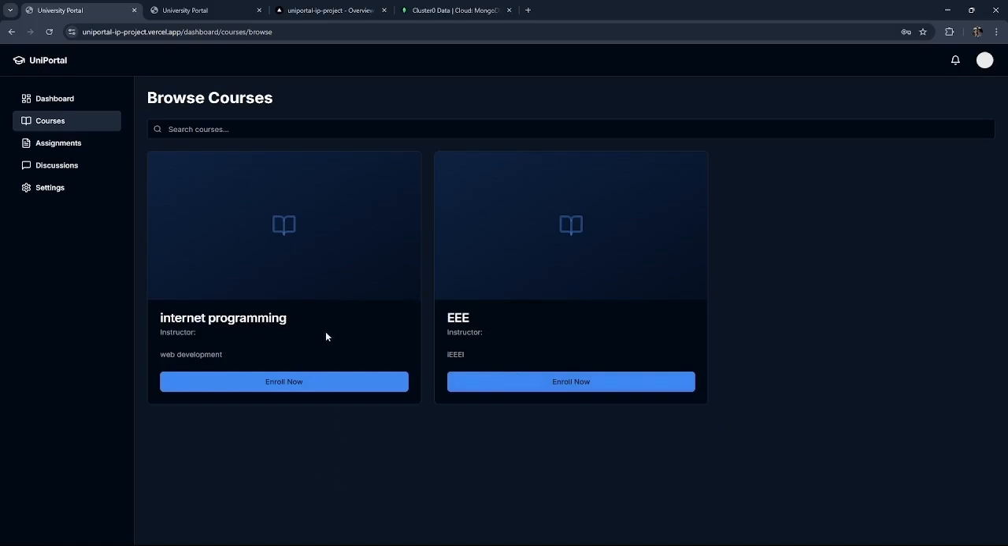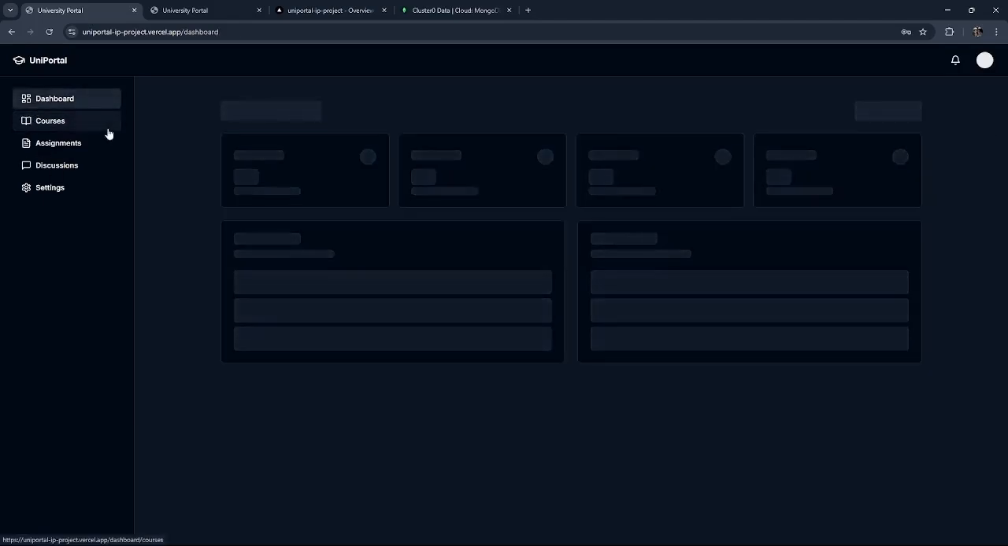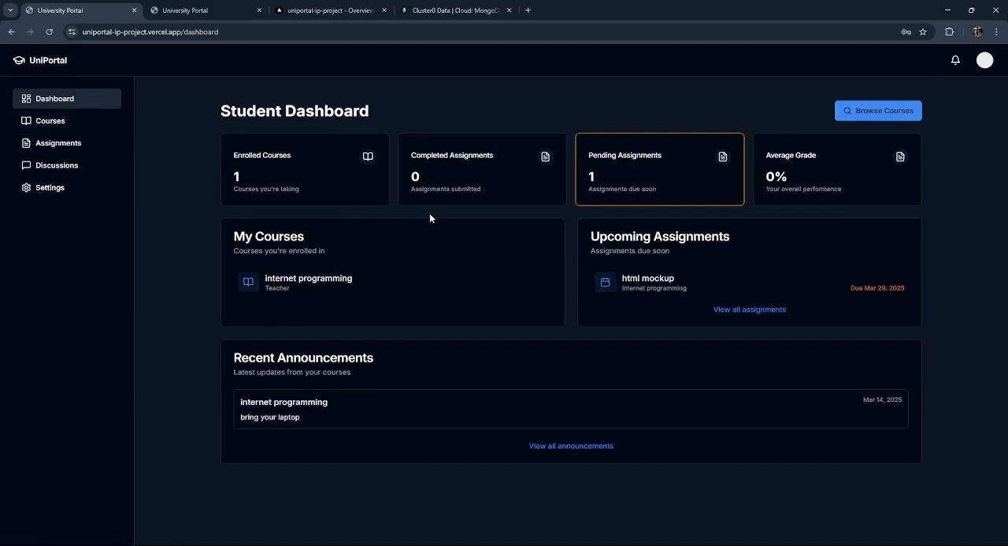Now, as a student, you can enroll in the courses. So let's say I'm enrolling in internet programming, right? So I can enroll now. And it says enrolled, right? Simple as that. Now, if you hit the dashboard, as you can see, we have multiple things going on here. Now we have enrolled in 1 course, and you can see the course you have taken, internet programming,